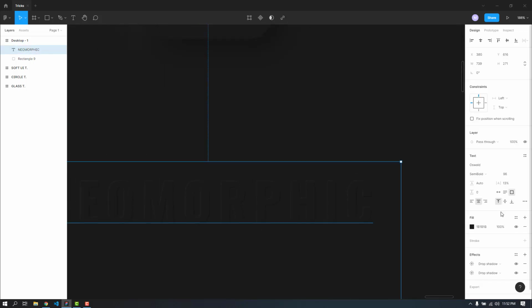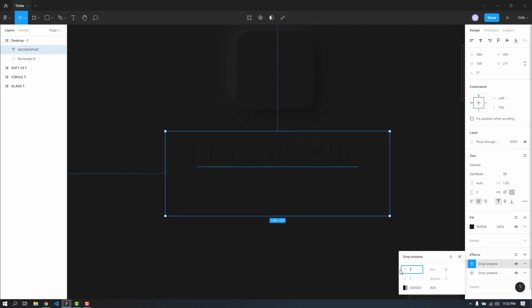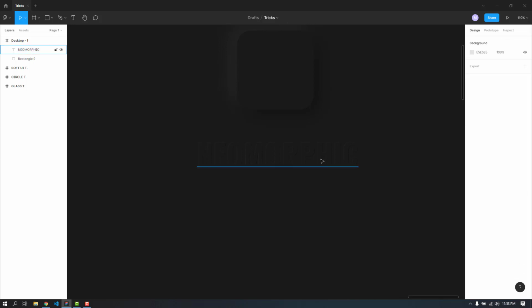So this is how we can create the neomorphic effect with the text, and we already saw how we can do this with an element. So this is just the principle. You can play with the values in here, increase the X and Y direction or change the color a little bit, the opacity, reduce or increase the blur level a little bit, and you can see how it can be more interesting.